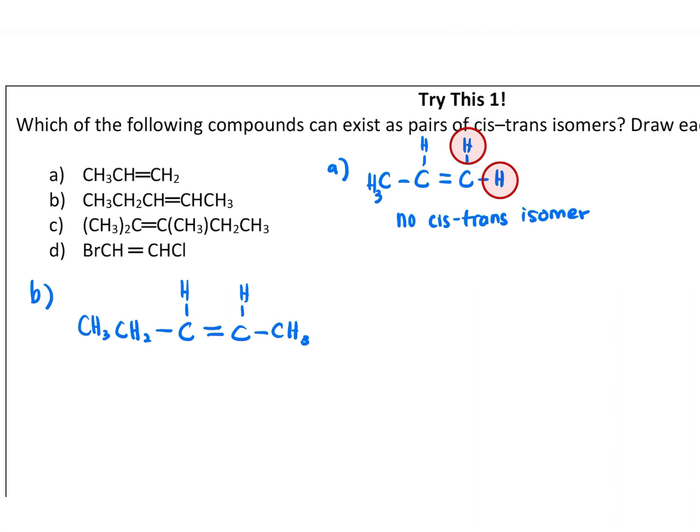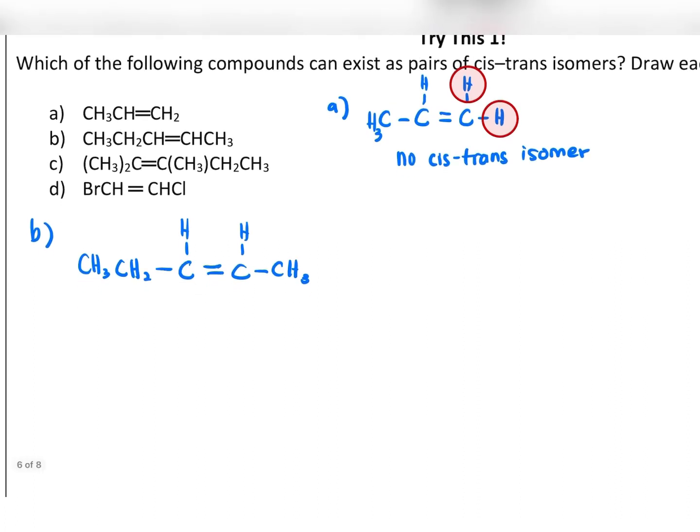Okay, lepas tu dia suruh kita draw the cis trans. Okay, so kita draw lah. Kita buat bentuk macam dalam example awal-awal tadi. So let's say lah saya letak H saya dua-dua di atas. Okay, so saya ikut ni lah. Okay, H dia di atas. And then, the CH3 condong ke bawah. Okay, so ini CH2,